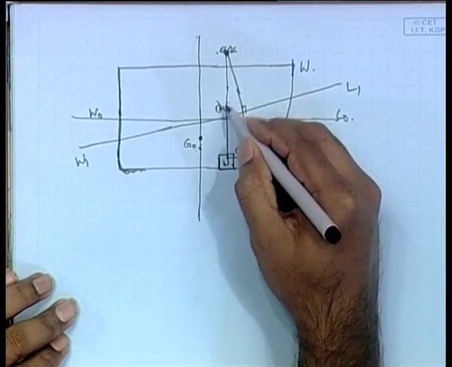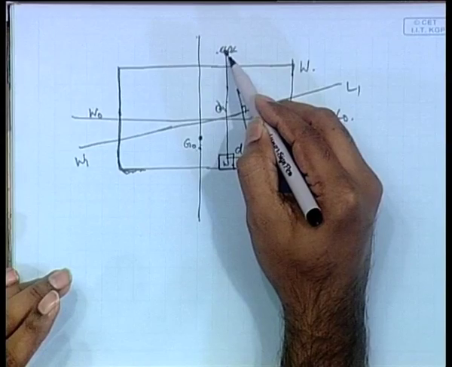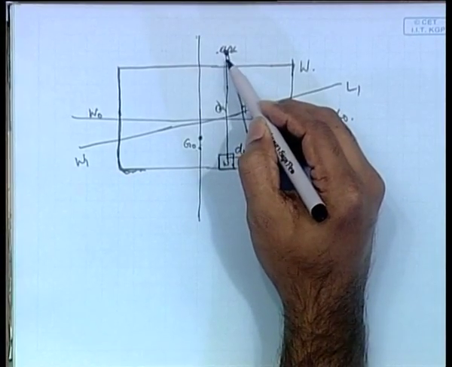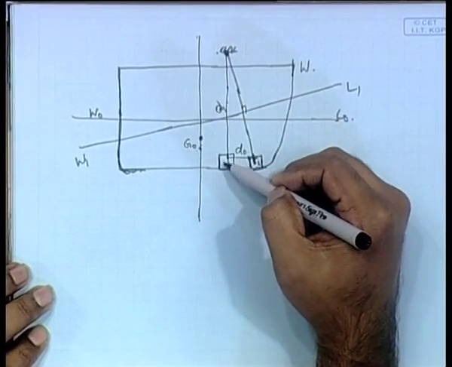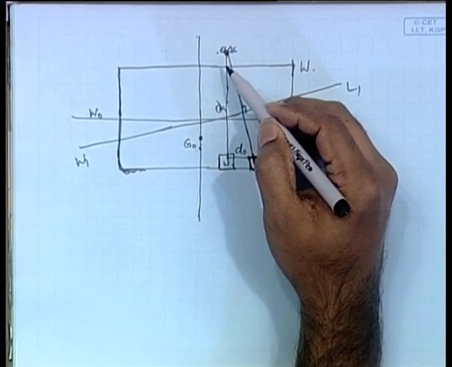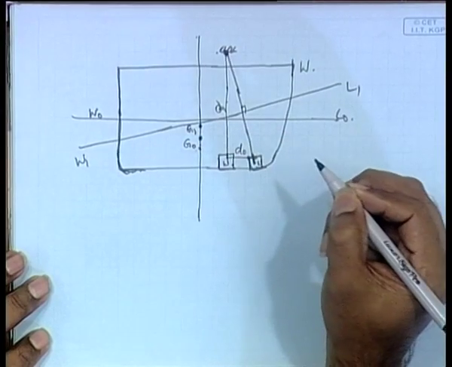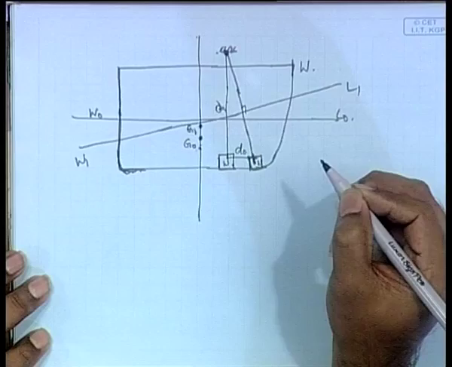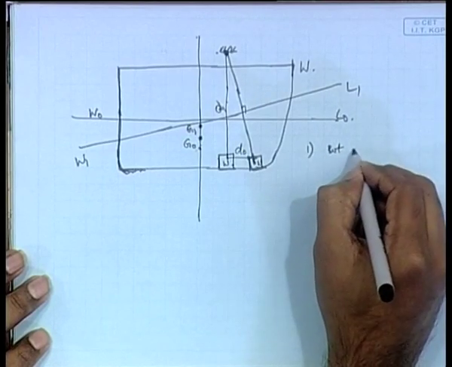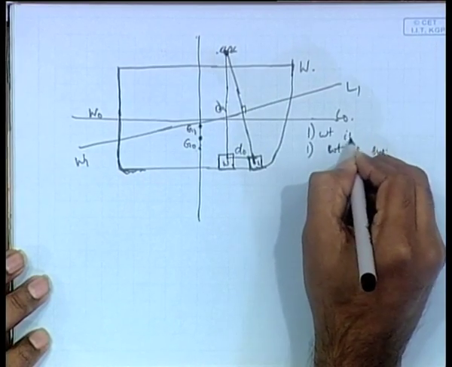Now the moment you hang it, it acts as if the weight is here. You can think logically, because the weight is hanging there, the force is acting here, therefore the g of this weight is actually shifted there, which will imply that the g of the whole ship will go up a little bit. So this g0 will go up to maybe g1, and then the ship has heeled. So there are steps: first the weight is at rest on the keel,